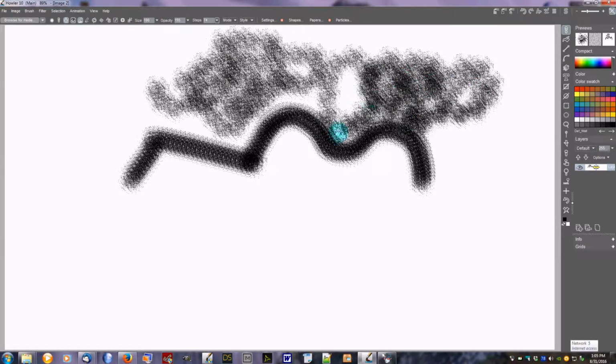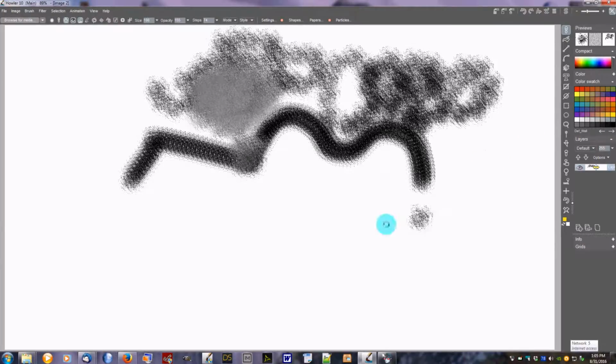Now we've got that. Once you have this, you can of course change the mode if you wanted to make it additive or subtractive, or just use it as a smear. So there we are, smearing what we've done. You get it set up the way that you like it, and then you can save it as a media. If you want to be able to use other colors with it,